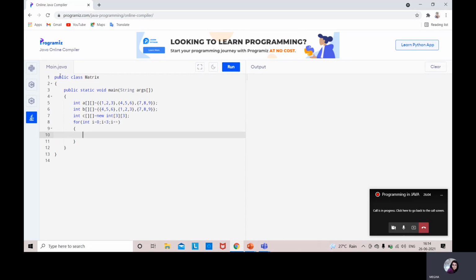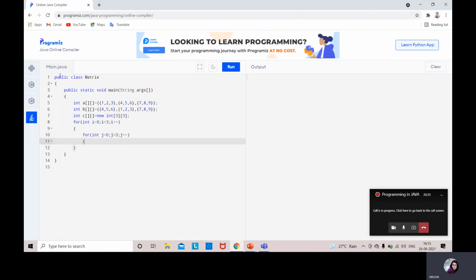This is only for one side, that is rows. Then inside that we need another for loop for columns, for int j. We have not initialized it in the beginning, that's why int j equal to 0, j less than 3, j plus plus incrementing j.